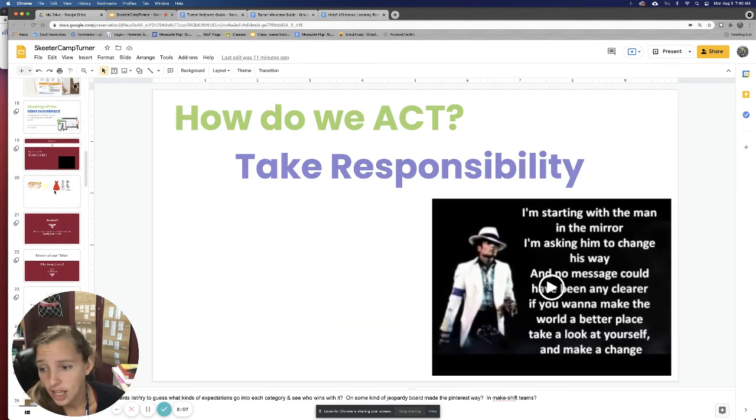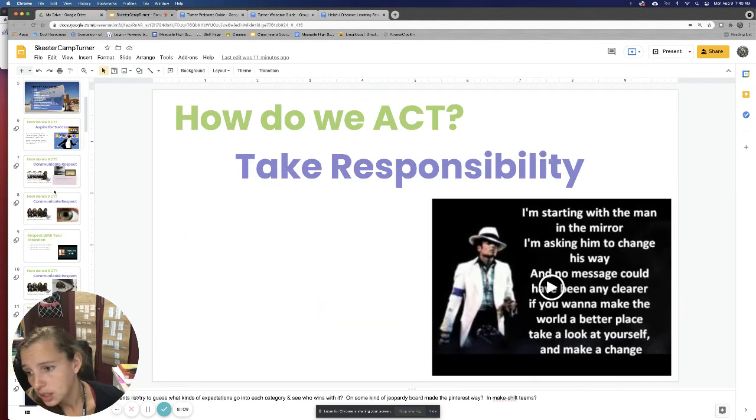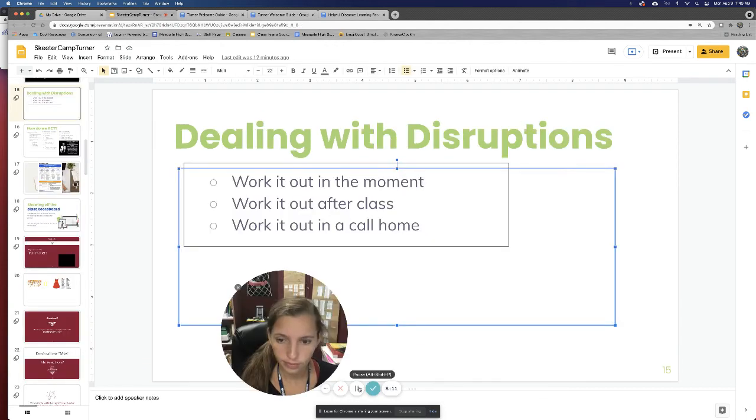and I'll talk to my students if there are any problems. I like to try to work it out in the moment if it's something that can be discussed quickly and not distracting everybody, not feeling like I'm putting somebody on the spot. Most of the time, the problem is just a misunderstanding of what's supposed to be going on. If it needs a little bit more talking, I may hold the student after class to discuss more in detail. Or if I can catch them during another class activity and pull them aside, we can talk about it then.